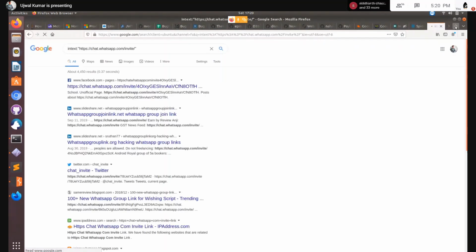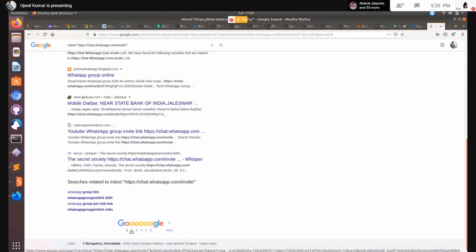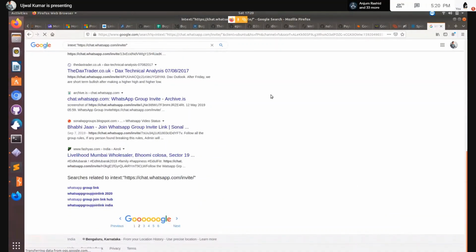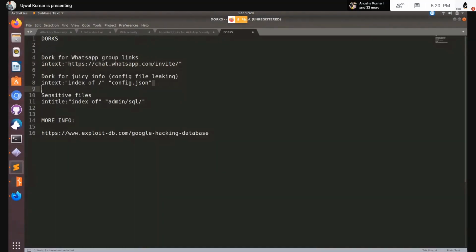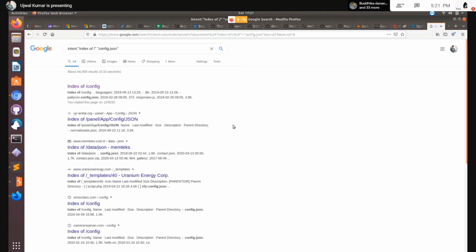Yeah. So once you search it, you can see how much open information is available on the internet. And there are millions and millions of such groups which could be spammed just by a Python program. Apart from that, there are really important dorks. These dorks expose a lot of juicy information which is directly available on the internet. So say once I put it in, there are a lot of websites whose important info has appeared.